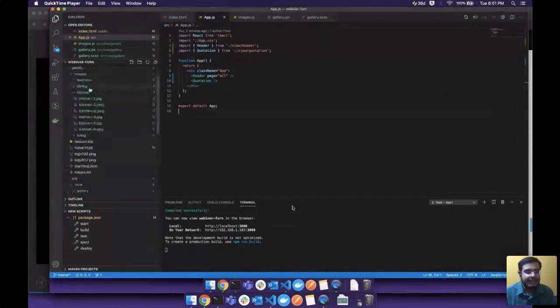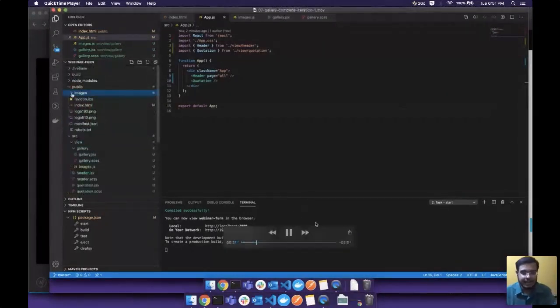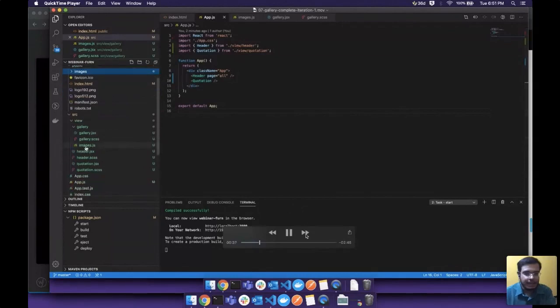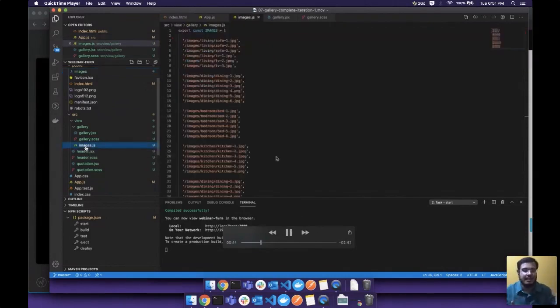So the way I rig them with program is by creating components to show these images, right? Let me quickly go over. So if you see here, I created a new folder called gallery. Inside that, I have a component called gallery.jsx. I have a style sheet. I have a JS file. So inside that JS file, I just maintain the list of images, right?